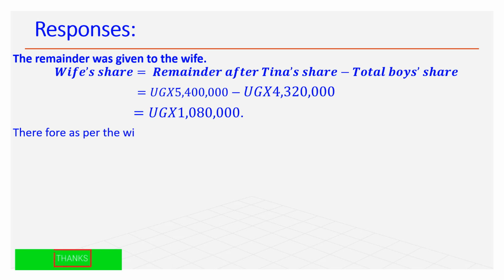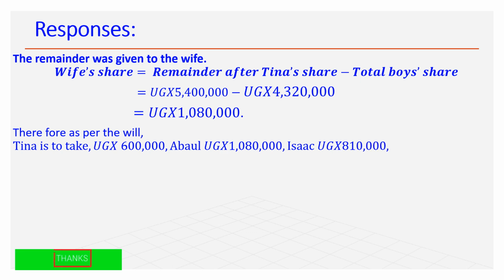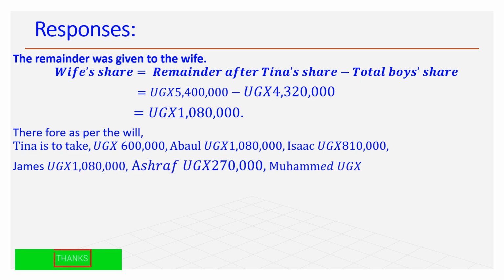Therefore, as per the will, we realize that conclusively Tina is to take Uganda shillings 600,000, Abdul 1,080,000, Isaac 810,000, James Uganda shillings 1,080,000, Ashraf Uganda shillings 270,000, Mohammed Uganda shillings 1,080,000, and the wife is also to take